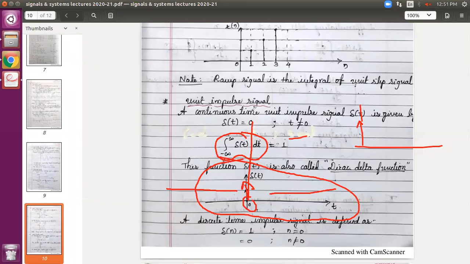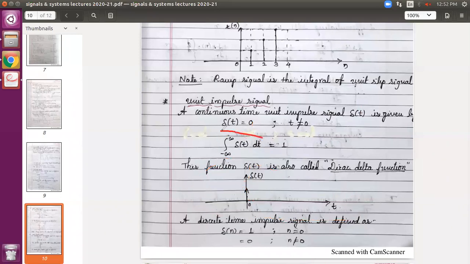Similarly, let us define a discrete time impulse signal. How can we define it? Here we can directly specify, because in the case of continuous time, we have to integrate. Why is it so? Because in a continuous time signal, amplitude is throughout. At every point of time, amplitude is there. So in order to add all the points, what do you use? For addition, you use either sum or integration. Both indicate addition. Sum is like this, and this is your integration.